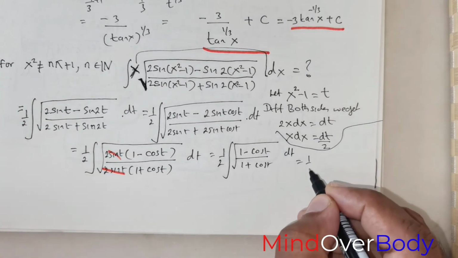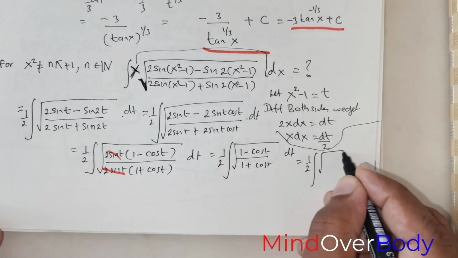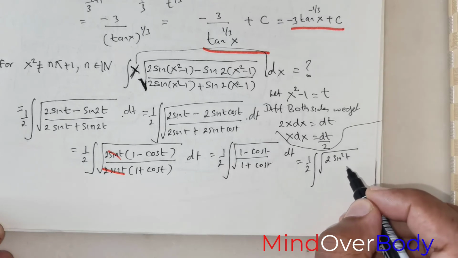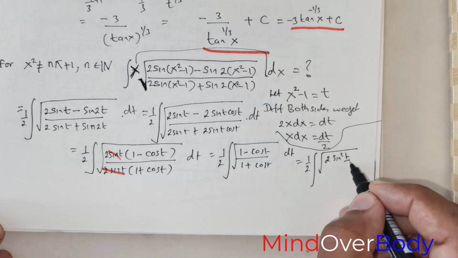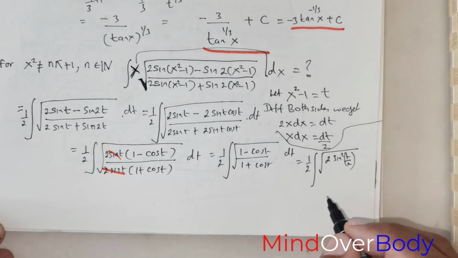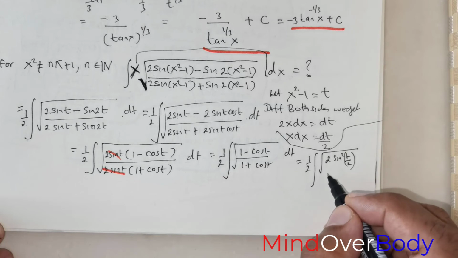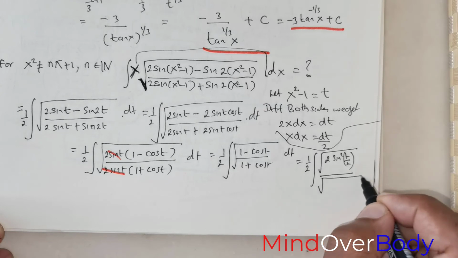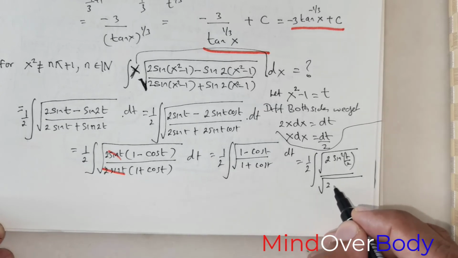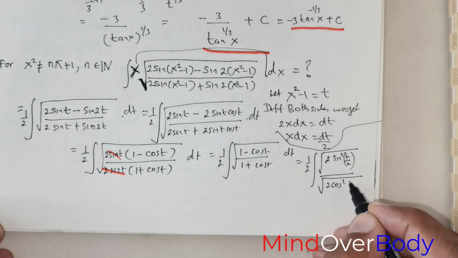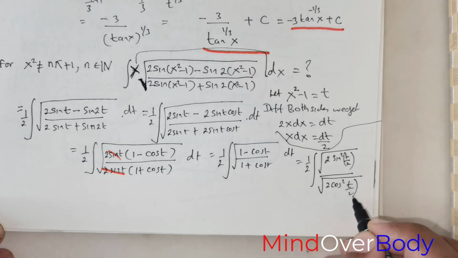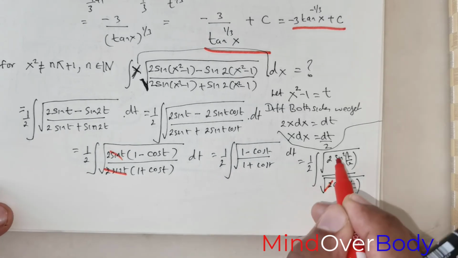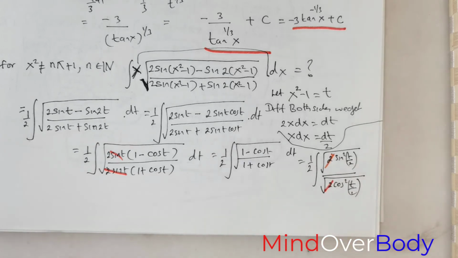This is equal to 1 over 2 times integral root of 1 minus cos t, which is 2 times sine squared t over 2, divided by root of 1 plus cos t, which is going to be 2 times cos squared t over 2. Right now, of course, we can get rid of this root 2 over here and 2 over here,